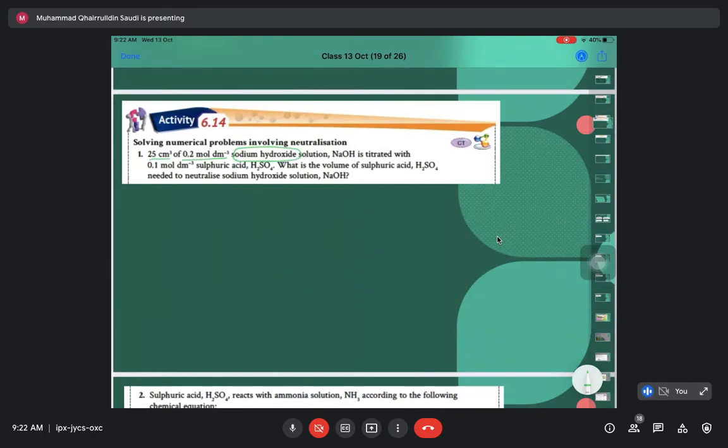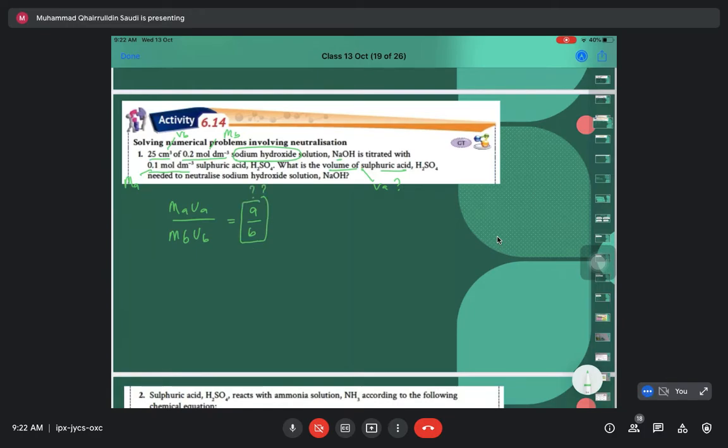So this is MbVb, titrated with 1.0 mole Ma. What is the volume of sulfuric acid, Va? Again, it's easy because there is only one formula. But you need to do the chemical equation by yourself. Okay, so because we want to find what is our A and what is our B,